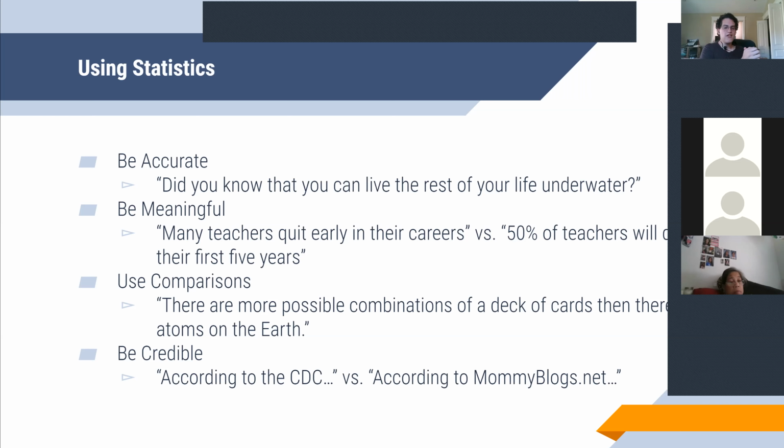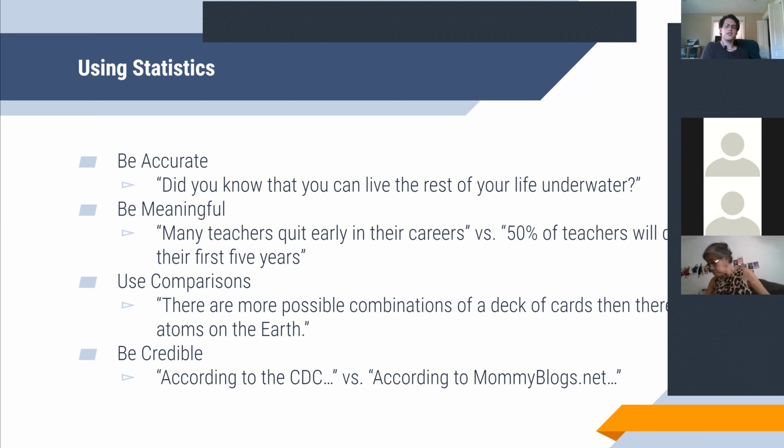You can also use comparisons. You can compare different concepts so that the audience has a much more specific frame of reference for what you're talking about. An example would be saying something along the lines of, every year we waste an average of 9 billion tons of food. That sounds like a lot, sounds like a big number, but no one really knows what 9 billion actually is. Our brains literally haven't evolved to conceptualize that number. Because if I say 10, you can think of 10 of something. You can think of 10 apples. When I tell you to think of 9 billion of something, your mind just kind of shorts out and just thinks of a really long number.